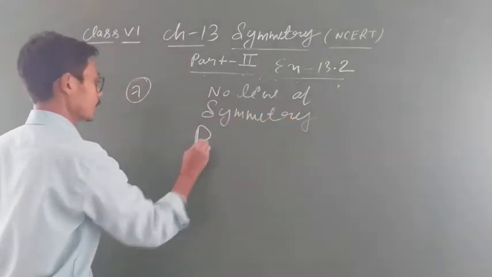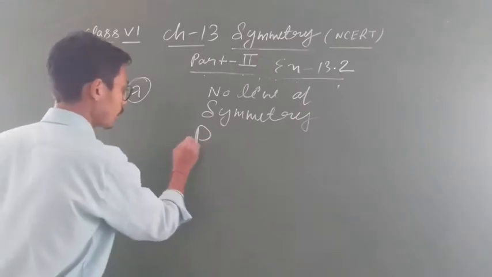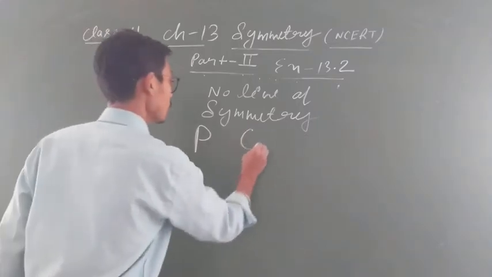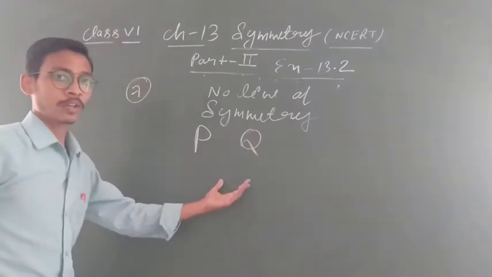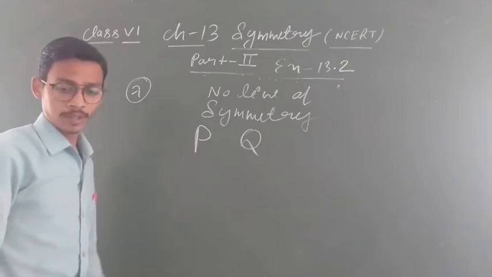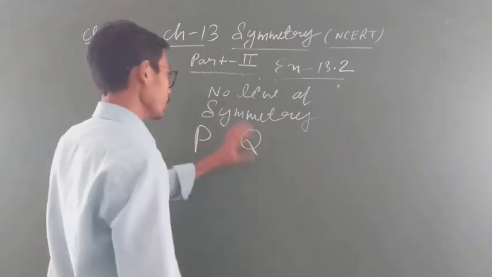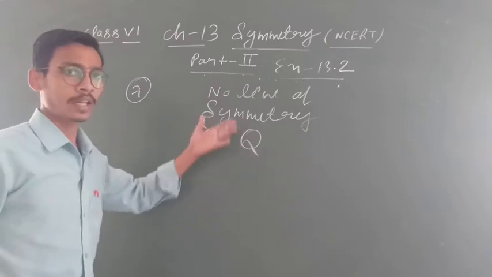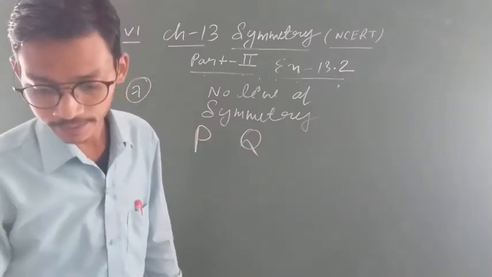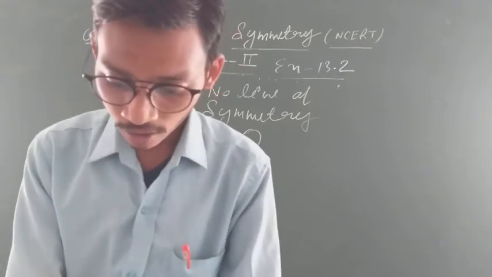See, P has no line of symmetry because if you draw the line of symmetry, this is an unequal part, this is an unequal part. Also Q has no line of symmetry. You cannot draw the line of symmetry. Or you can find the minimum. So in the alphabet you will find out yourself. Two examples I explained. Now come to the next question.